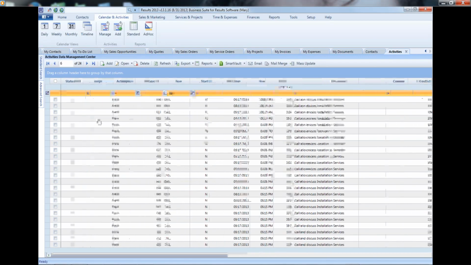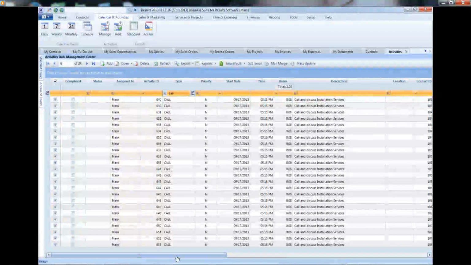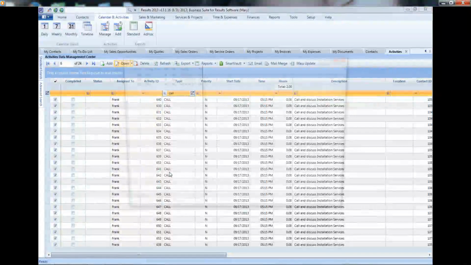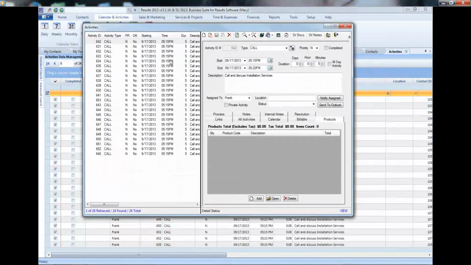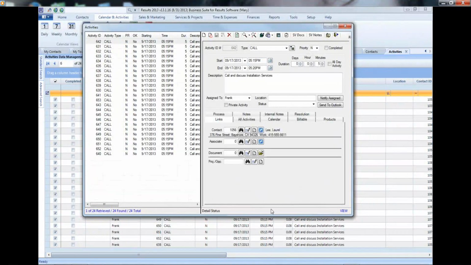That means that Frank can come into the system, select those 24 records, open them all at the same time. Results has a very powerful functionality in allowing you to open a group of records instantly instead of having to go in there one record at a time. If you go to the links area, you'll see that for every single activity of those 24 activities assigned to him, we're going to show him exactly who he needs to call. So he's supposed to call Laurel, and he can go ahead and see the phone number up here and make